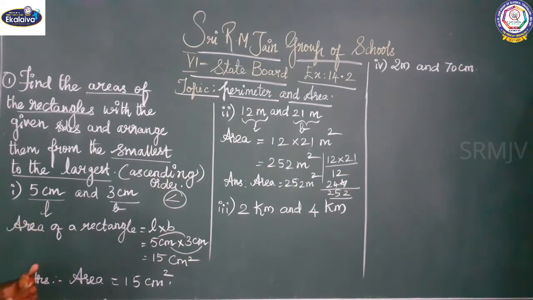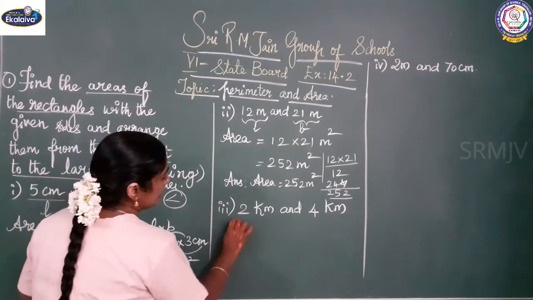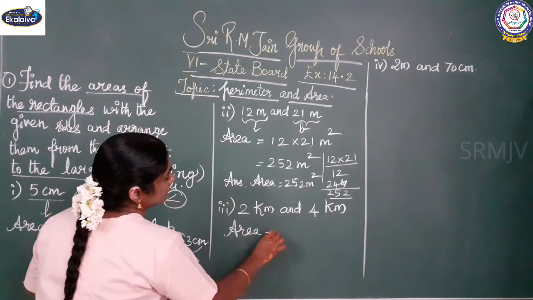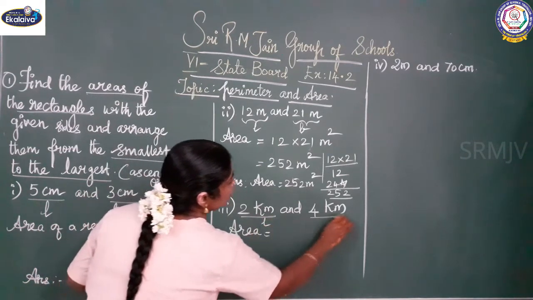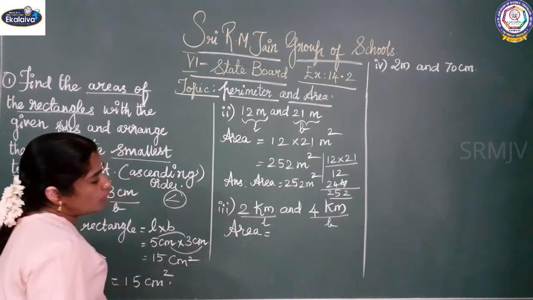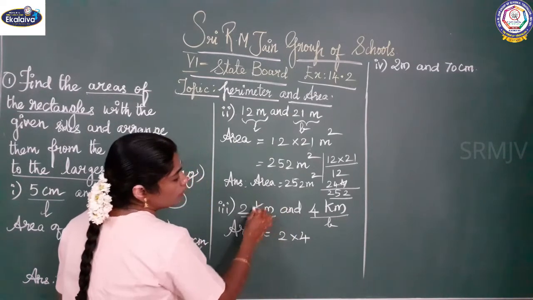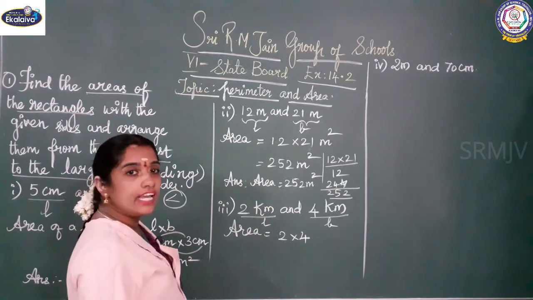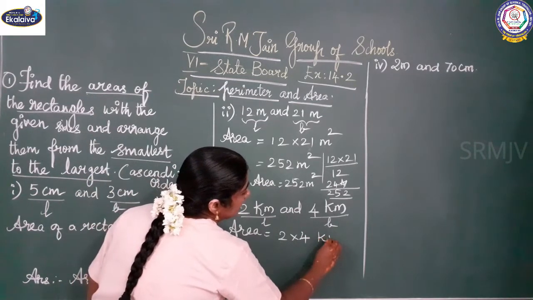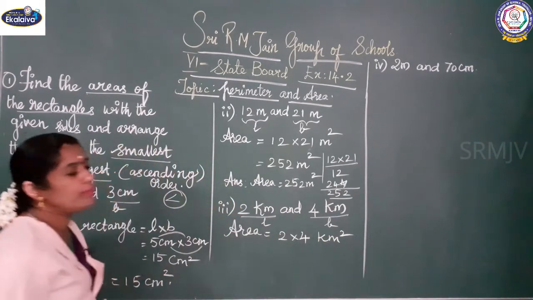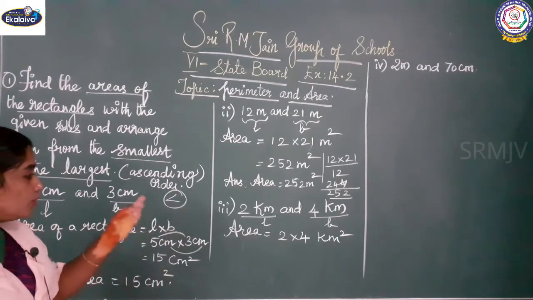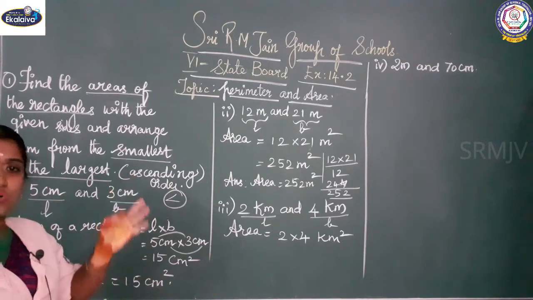Now I am coming for the third one. So listen, here what is the area? Length into breadth. See, this is your length and this is your breadth. So L into B, which is what? 2 into 4. What is the unit given here? Kilometer. So I can directly write it to be what? Kilometer square. Once the unit for the area is in the square.